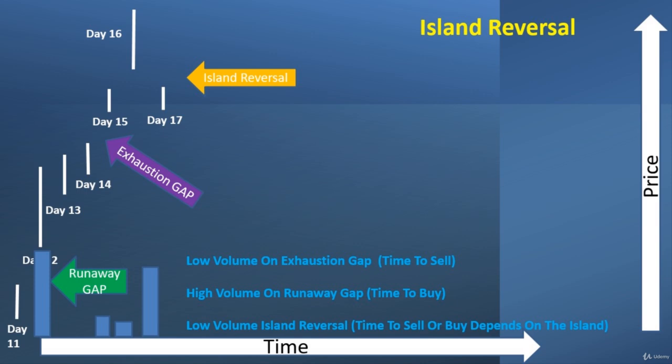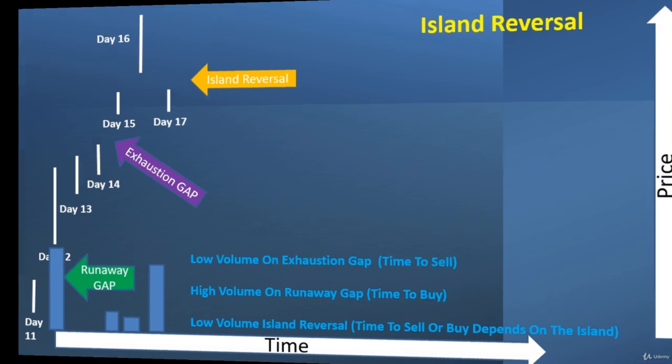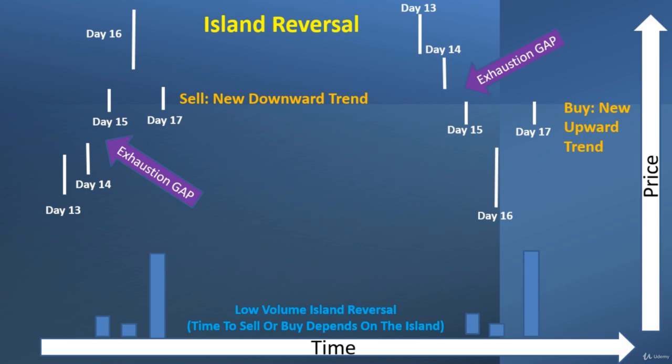You've got these low volume days of exhaustion gaps, and the island forming, and then the reversal going the opposite way is happening where there's a lot of volume and it's going to go the other way. So the time to sell or buy depends on the island, as I mentioned. So if we look on the left here, you can see that this was an upward trend that was exhausted,